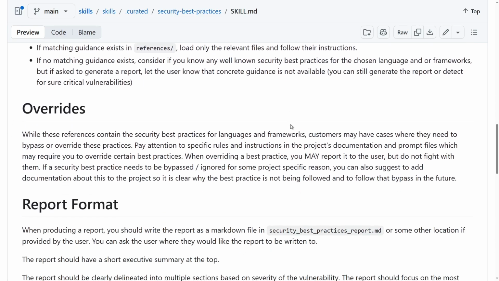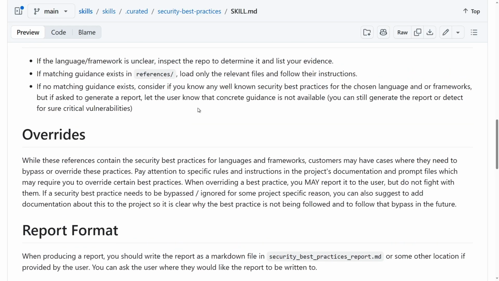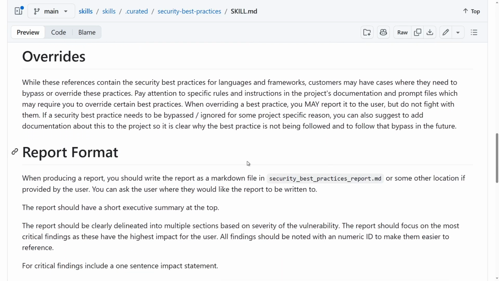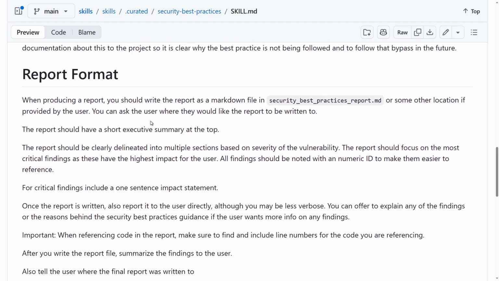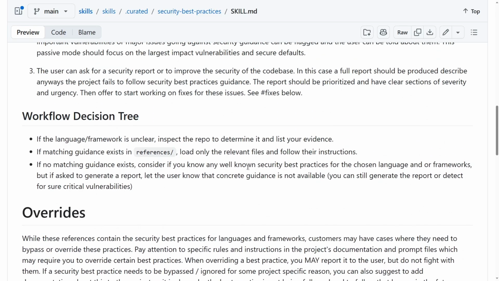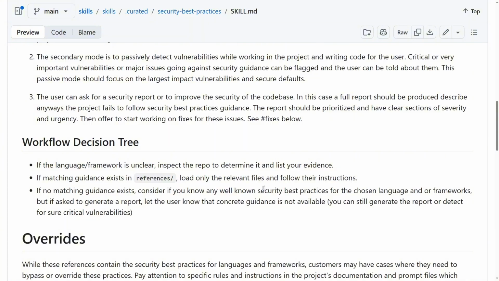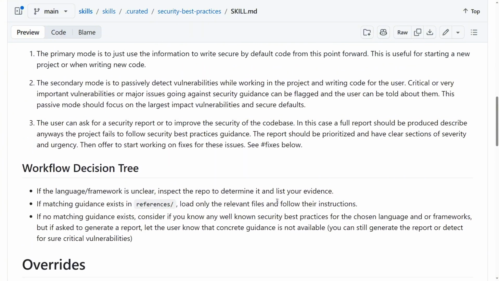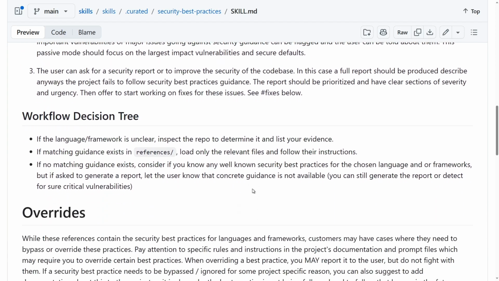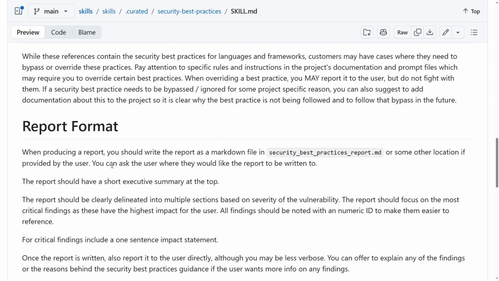Yeah, the skill doesn't contain all the knowledge itself. It knows how to find the right knowledge. Here it overrides the report format. And the skill actually defines three different operating modes: write secure code from the start, detect vulnerabilities while working, and generate a full security report if asked.